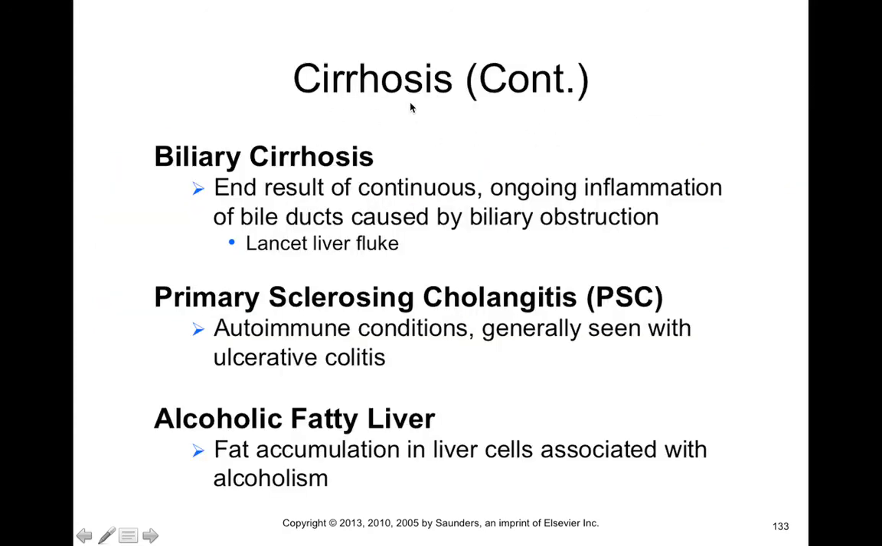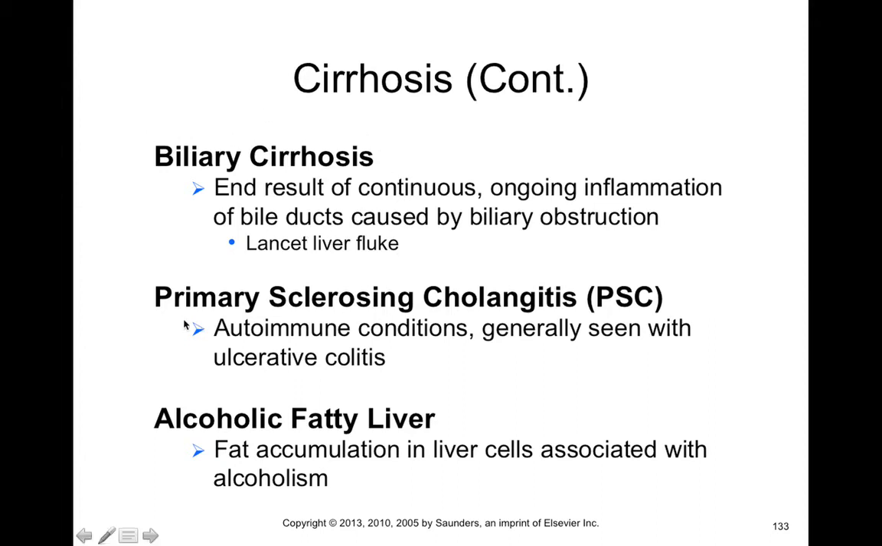Now, there's different types of cirrhosis. We have biliary cirrhosis, primary sclerosing cholangitis, as well as alcoholic fatty liver. With biliary cirrhosis, this is actually the end result of continuous ongoing inflammation of bile ducts and biliary obstruction. So things like cholelithiasis can lead to biliary cirrhosis due to a backup of bile that actually leads to liver damage. Otherwise, there's also transmissible parasites like the lancet liver fluke, and this can actually live in the portal system, and it can also lead to